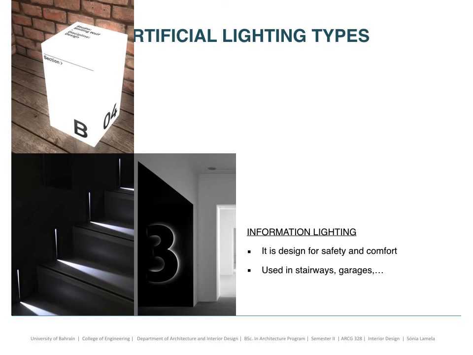Now, there's another light that is important to use indoors and outdoors. We have examples here in staircases, also to emphasize locations of different things in a building, that is what we call information lighting. It's designed for safety and comfort, and it's also used in stairways and garages. It provides you information about maybe a location of a different level on the floor, location of a specific activity within the same floor, or it provides you enough light to be able to use